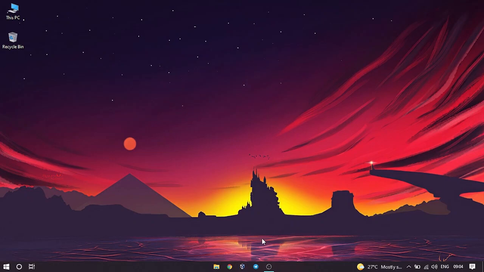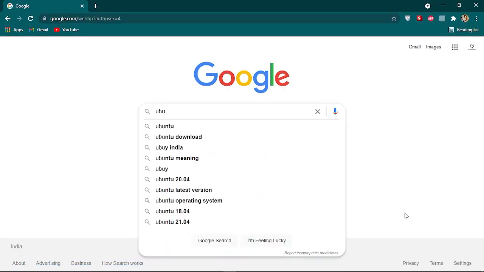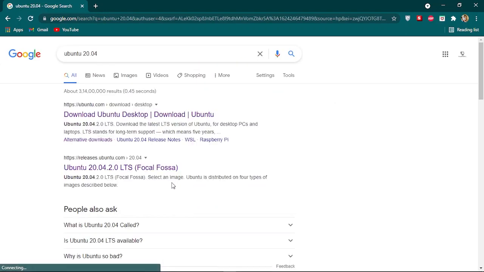If you see here in my VirtualBox, I already have my Windows 10 virtual machine. Right now I'll show you how to download Ubuntu. Just go to Google Chrome and type Ubuntu, or you can go to Ubuntu 20.04, and click on the second link, which says releases.ubuntu.com.